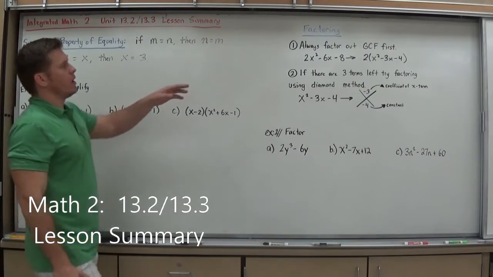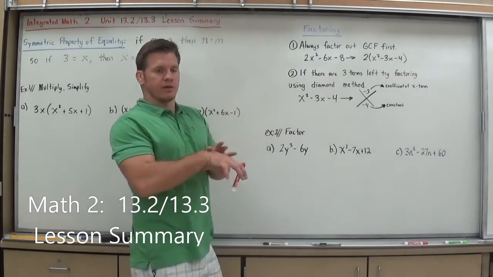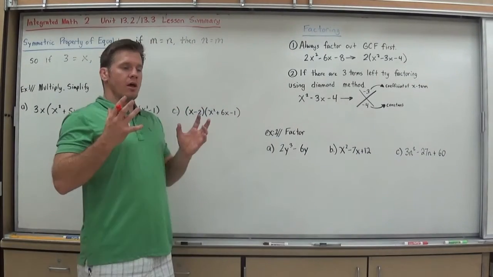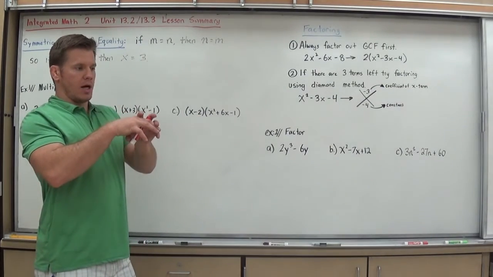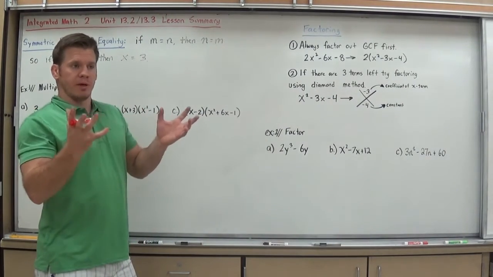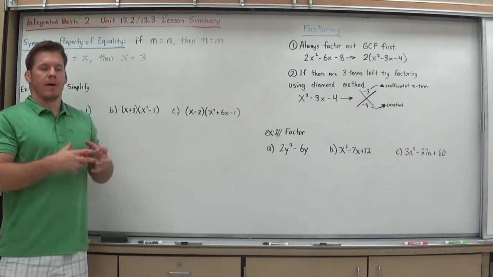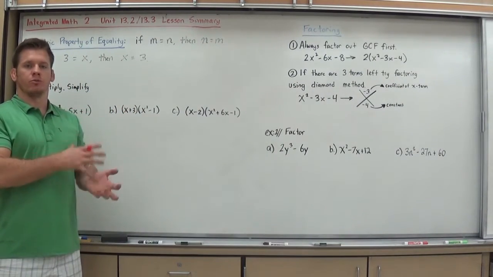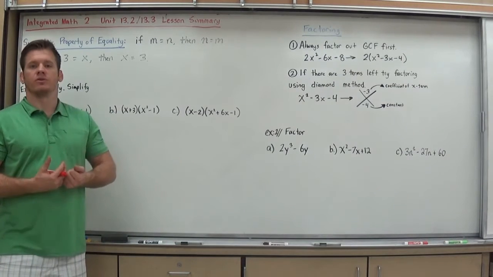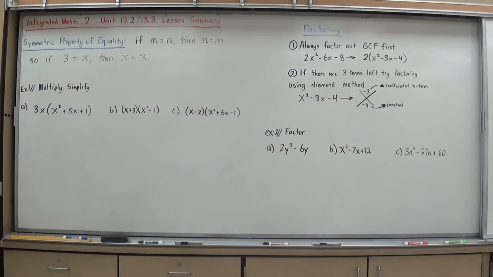And as you know already, factoring is the idea of undoing multiplication basically and bringing it back to the original multiplication problem. So if I had 6, how could I factor 6? Well, I could change it back into a multiplication problem such as 2 times 3 or 1 times 6. What we're going to be doing is factoring polynomials, which is a little bit more complex, but generally the same